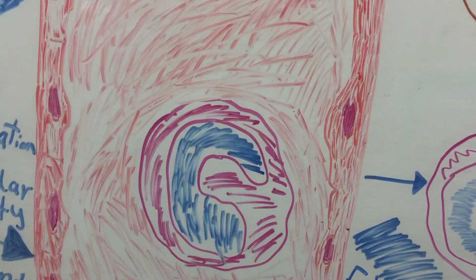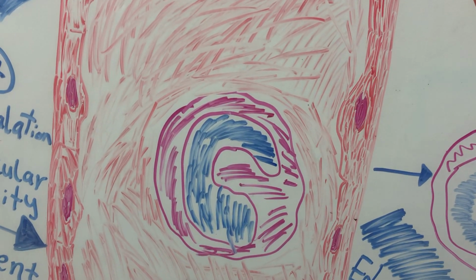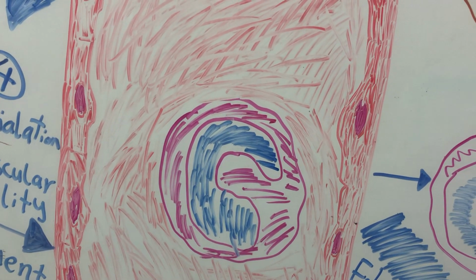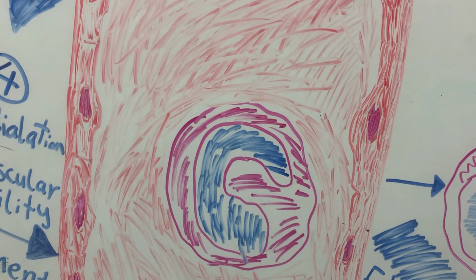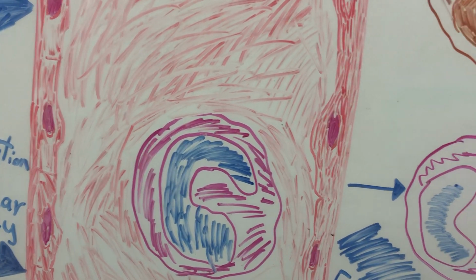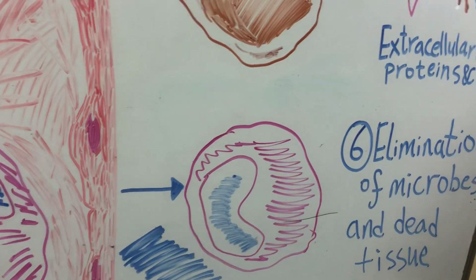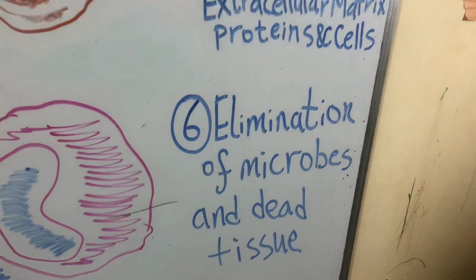While the polymorphonuclear cells, such as these neutrophils, these leukocytes, are fully differentiated in the blood, and they exit the blood as neutrophils, and they participate in step number 6, the elimination of